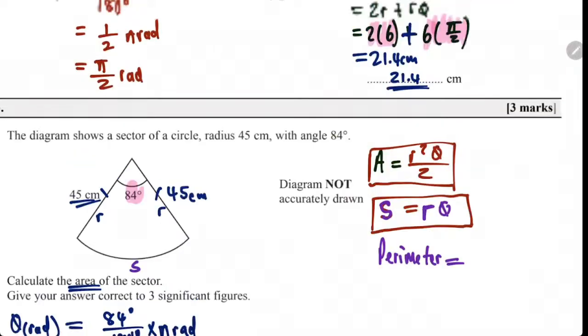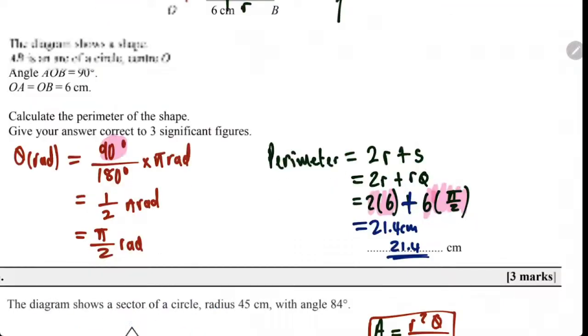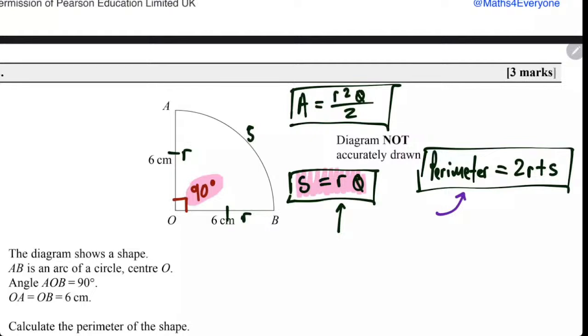Look here. Can you see? Dennis, can you see? Perimeter? What will be the formula you highlighted? Yes, the one I highlighted in green. It'll be